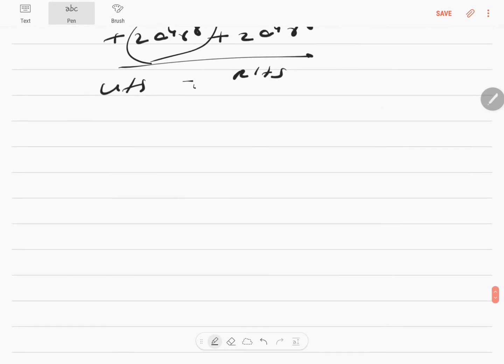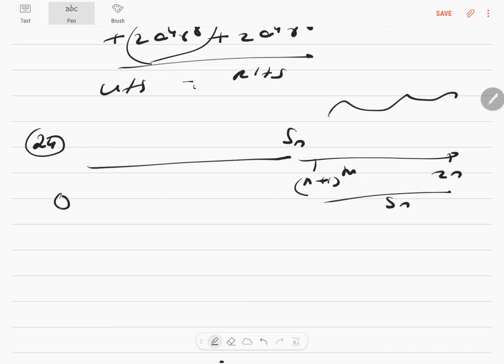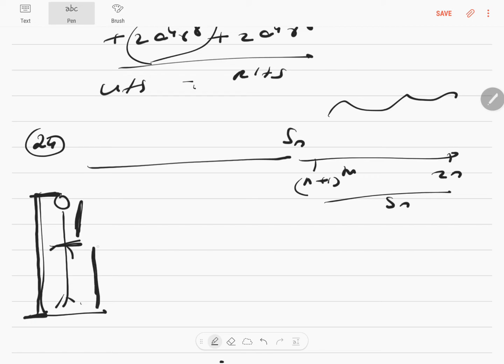Okay, so let's go to the 24th sum. Show that the ratio of the sum of n terms to the sum of the (n plus 1)th term to the 2n-th term. See, we can never do a sum of this directly. Suppose I am standing like this, my foot is here; to measure height you will take from here, you will measure my height till here. Suppose they ask you the measurement from my hip to head, it's very hard because the tape starts here. So what you will do is measure from here to here and subtract it from the full length measurement, so that you get this measure, right? Because you can't measure this half straight because the measuring tape starts here from 0.